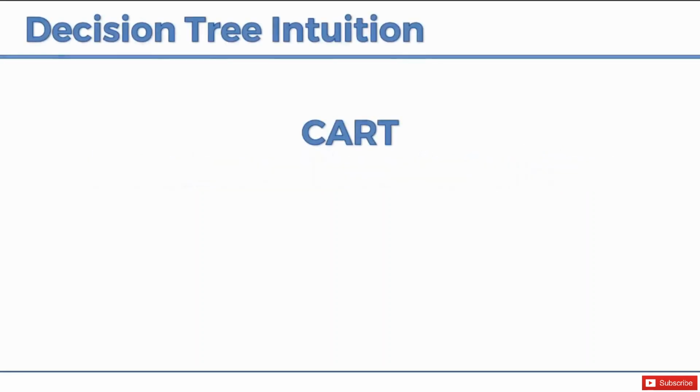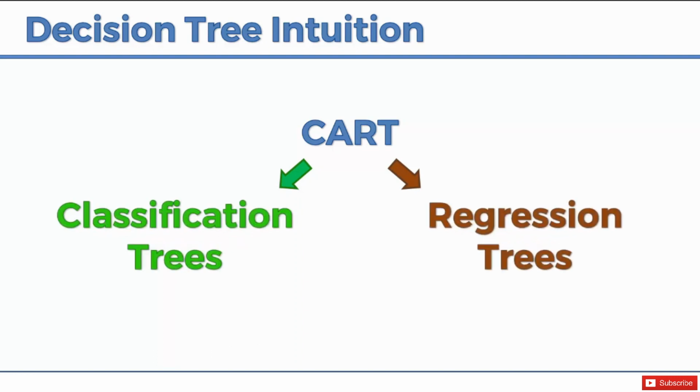All right, so you may have heard the term CART, which stands for classification and regression trees. And this is an umbrella term that encompasses two types of decision trees. And as you've correctly guessed, they are the classification trees and regression trees. And in this course, we're going to talk about both types, but specifically in this section, we're focusing on the